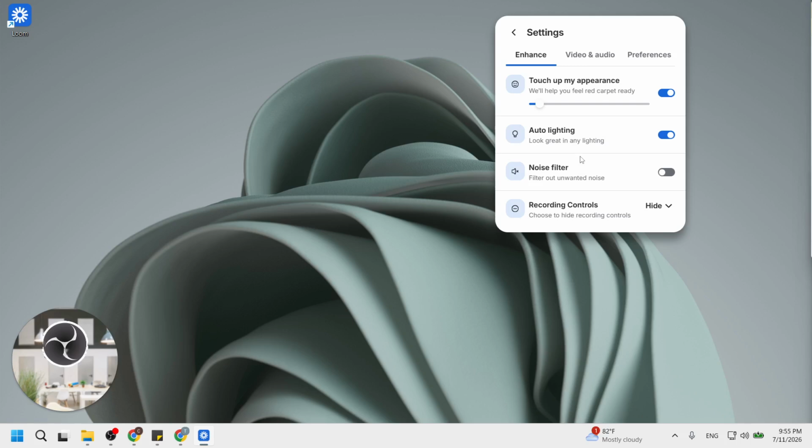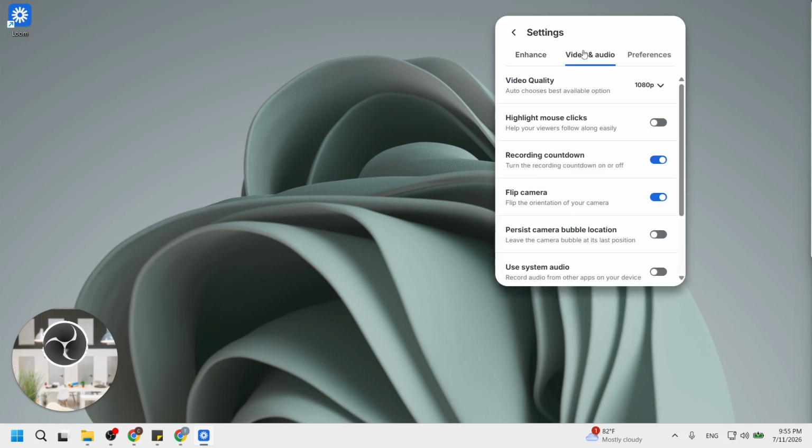Now, open the Video and Audio tab in the settings. This tab is where you can control various aspects of how your video and audio will be recorded. You will see options that allow you to configure the audio input and output settings. Being familiar with this section is essential as it directly impacts the sound quality of your recordings. Take a moment to familiarize yourself with the available settings. This knowledge will save you time and frustration later on.